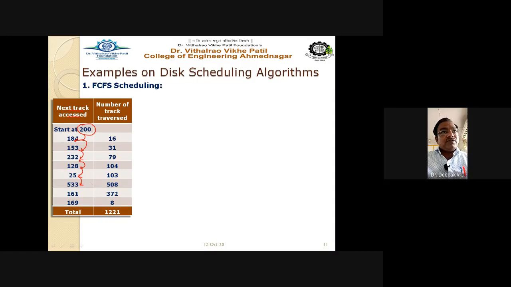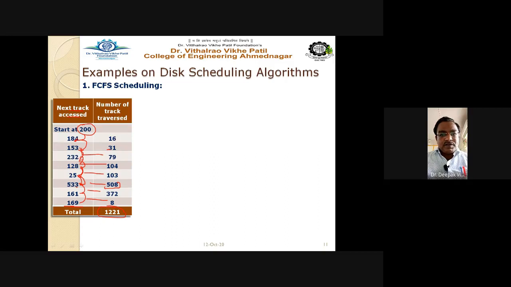See the distance traveled. 533 minus 25, 508, is the distance traveled. This is nothing but subtraction. 200 minus 184 is 16. Then 184 minus 153 is 31. 232 minus 153 is 79. 232 minus 128 is 104. 128 minus 25 is 103. 533 minus 25 is 508. 533 minus 161 is 372. And 169 minus 161 is 8. The last request is 169. So total